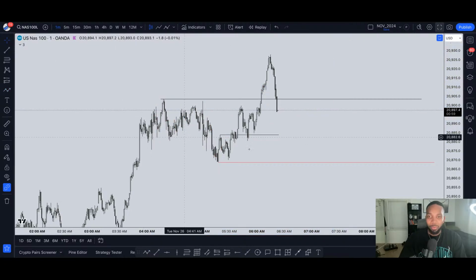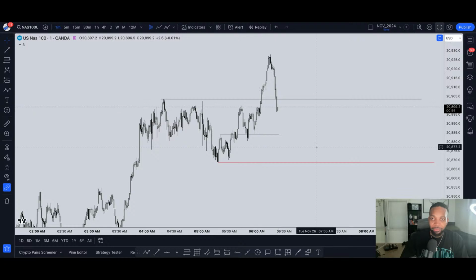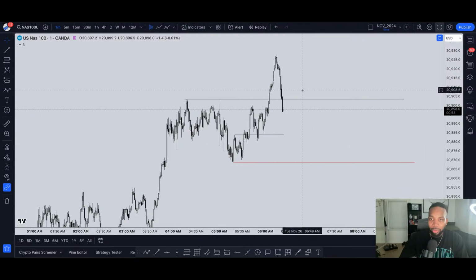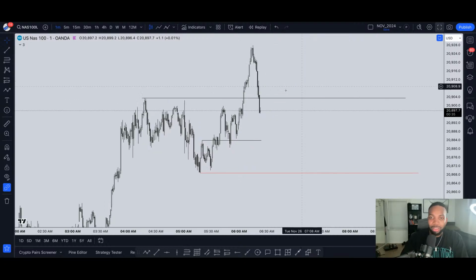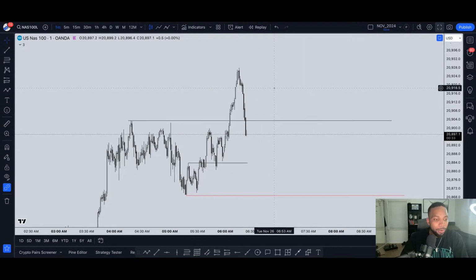Yeah, I like 2100 as well. That's a partial area for me. I'll be partialing out some of the positions, but even around there, I would still want to see some sort of setup. But if you're willing to risk maybe 10, 20 pips without any confirmation, you could do that too. It's in the sell zone up there at 2100.